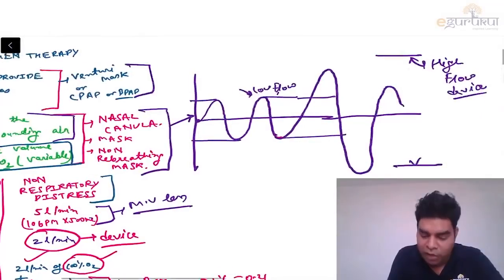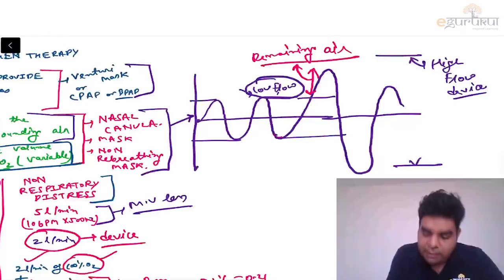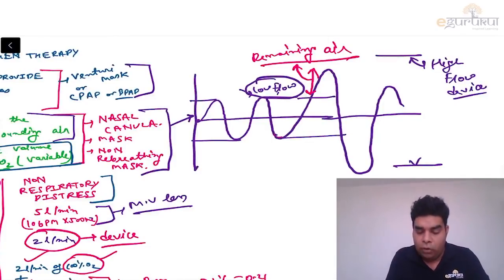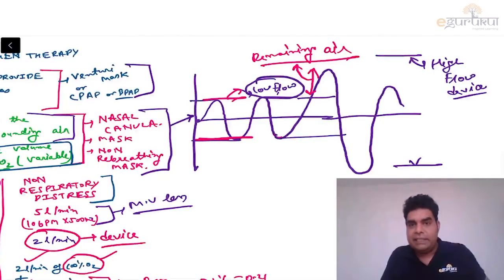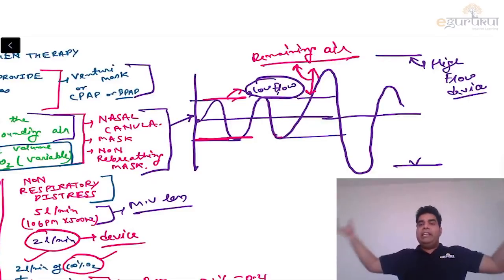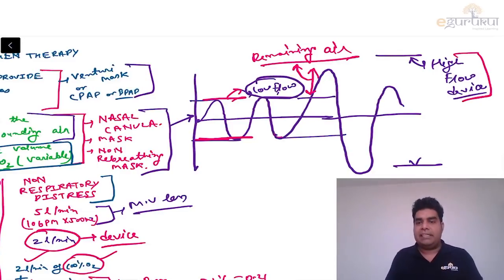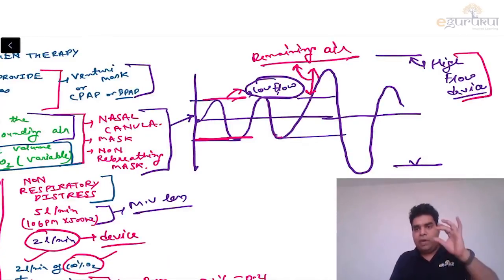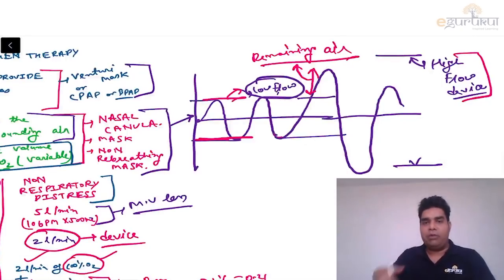Because suppose I am using a low flow device. So in a low flow device, this much is the remaining air. This remaining air is not given by the device. So the patient takes this remaining air from the surrounding in a low flow device, because a low flow device gives only this much air. But in a high flow device, the patient need not take any air from the surrounding. All the air which the patient needs is coming from the device. Okay. So a low flow device gives less air, so the patient needs extra air from the surrounding. But a high flow device gives more air, so the patient does not need to take air from the surrounding.